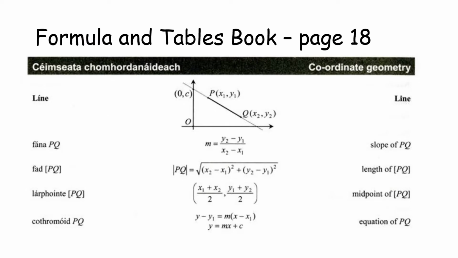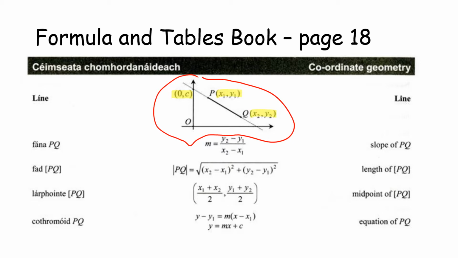So this is page 18 of your log tables. We're going to focus on the first four formulae and also this little picture here at the top. This is a very important little piece of information that they gave you, and the specific pieces of information that are very useful are these ones here, which is 0C, and how to label our points, x1, y1 and x2,